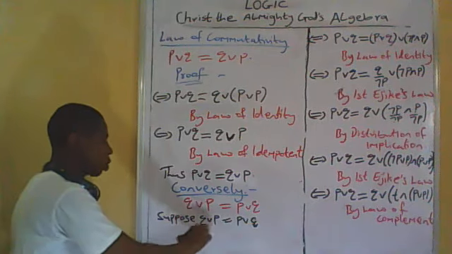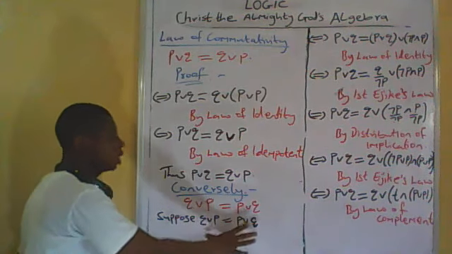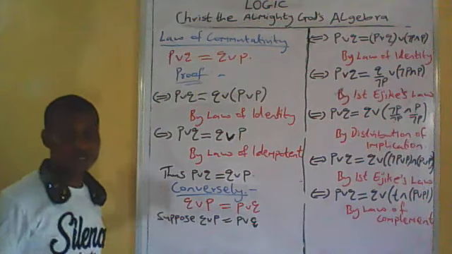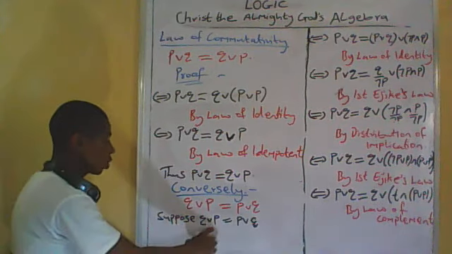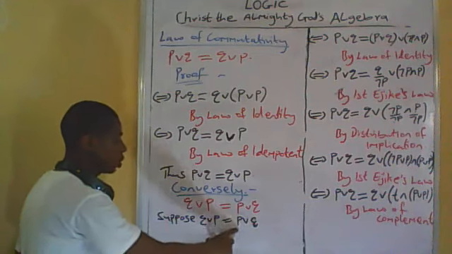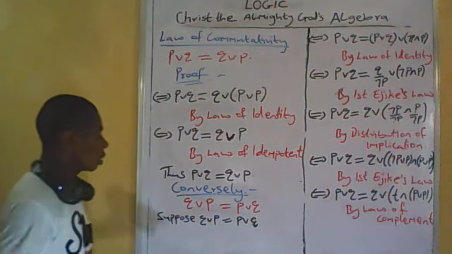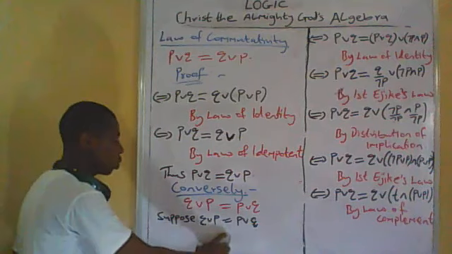That means Q or P is equal to P or Q is our hypothesis. Since we assume that Q or P is equal to P or Q, we are going to transform it to